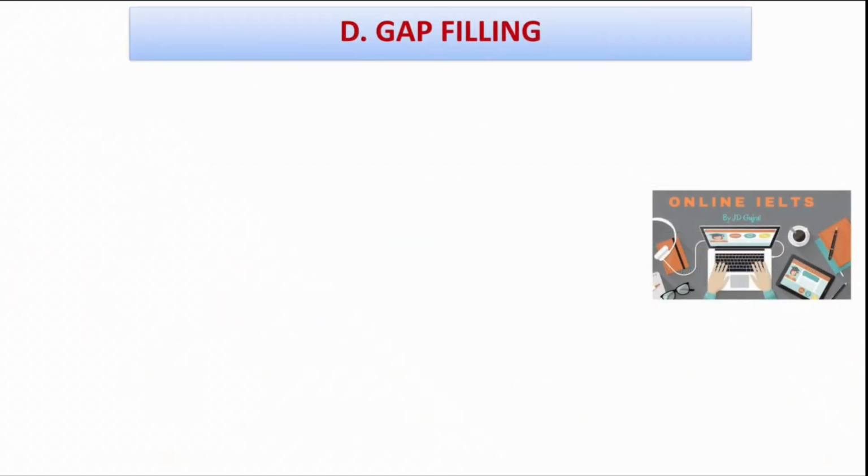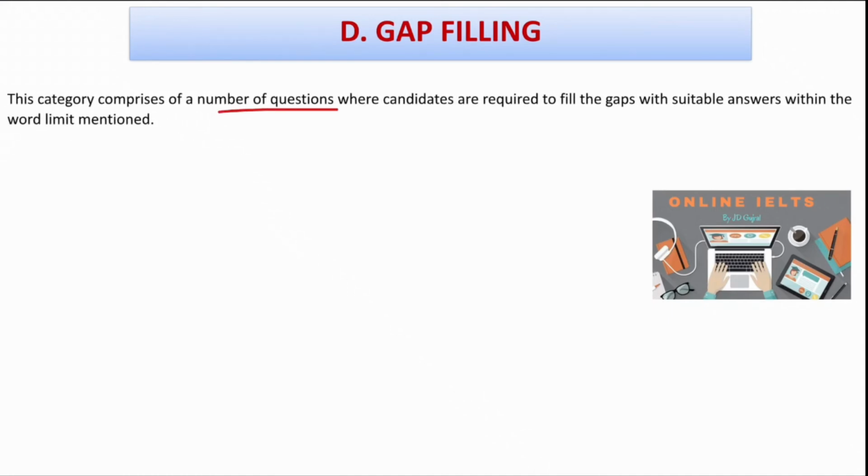Now the fourth category is gap filling, where you will get a number of questions where you have to fill the gaps with suitable answers, but according to the word limits which will be mentioned in the questions. Here all the tips and strategies will be the same as we have learned in form completion, table completion and summary completion. You have to read the instructions first, like what word limit is given to you,